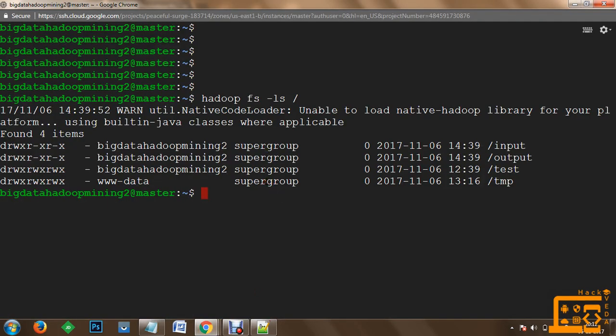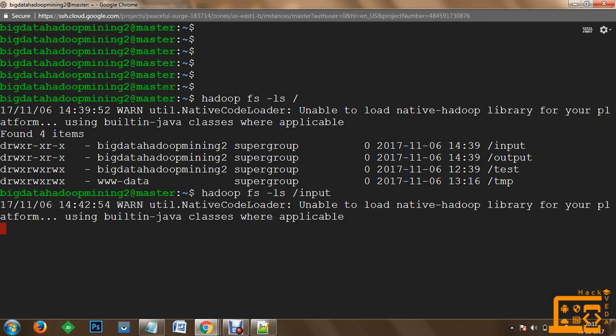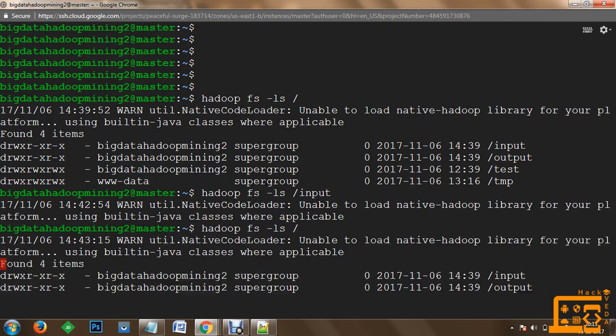One thing you can quickly check is hadoop fs -ls /input. We will check if the directory dev1 is created here or not. By chance it has not been created here, and I would like to check one more thing. Before checking this, I would like to check the permissions on the input directory. So hadoop fs -ls, and I would like to check the permissions of this input.